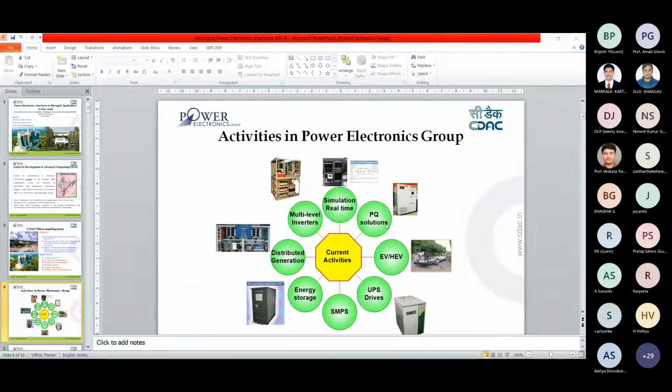In such terrain we cannot go for overhead lines, so underground UG cables are used for the power distribution. So it was challenging work there. These are the specifications of the power conditioning system. This is the basic power hardware schematic.